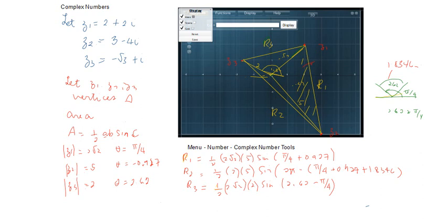I'm not going to write this anymore. So you'll have the answer here, also the answer here. That will be the total area of that triangle. Okay, I think if you would like to